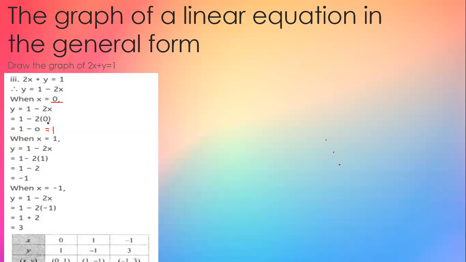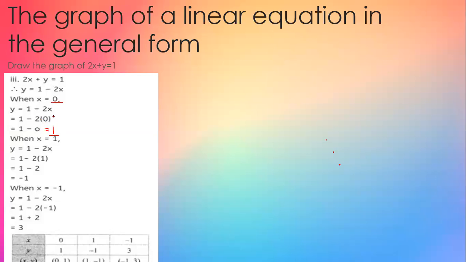So here we will write 0. In the next step, 1 will come as it is, minus will also come as it is. And now here we need to multiply 2 by 0. So 2 into 0, the answer will be 0. 1 minus 0, what we will get? 1. Okay. So when I have assumed the value of x as 0, I got the y value as 1.